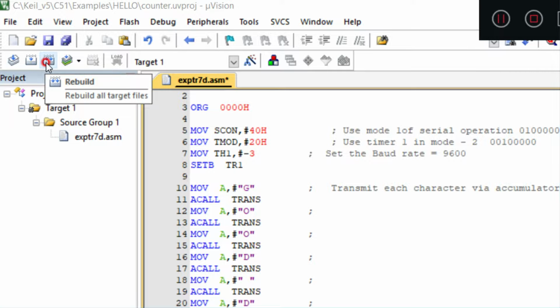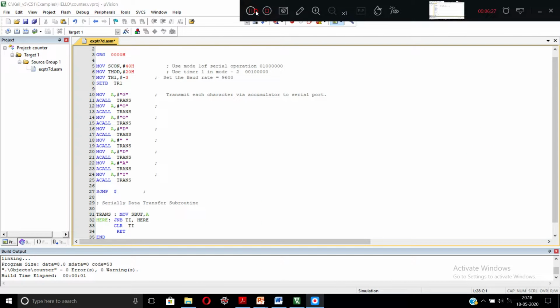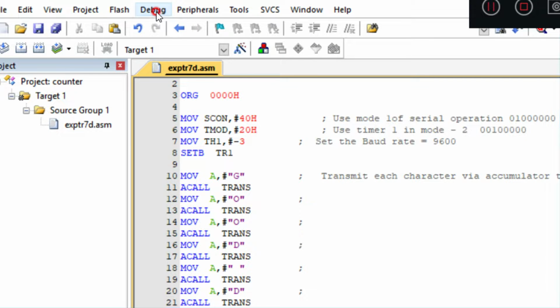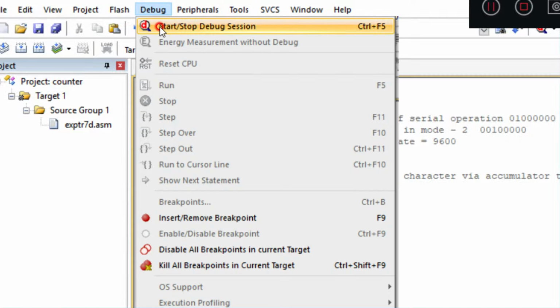This is the standard procedure we always follow. Next, go to debug, start or stop debug session. You need to click on this to go into execution mode.